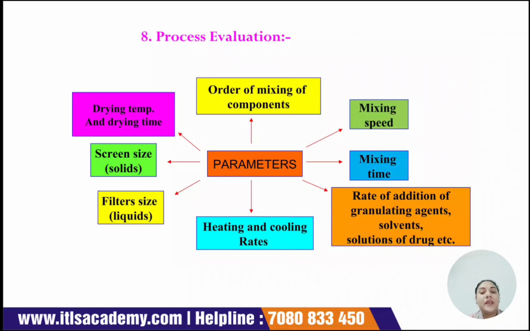So basically, you can say the objective of this process evaluation is to ensure the selected process is able to produce a quality product at various critical stages of production. It is possible, students, by critically monitoring within-batch variation of measurable parameters, like the first parameter, that is content uniformity, and moisture content.